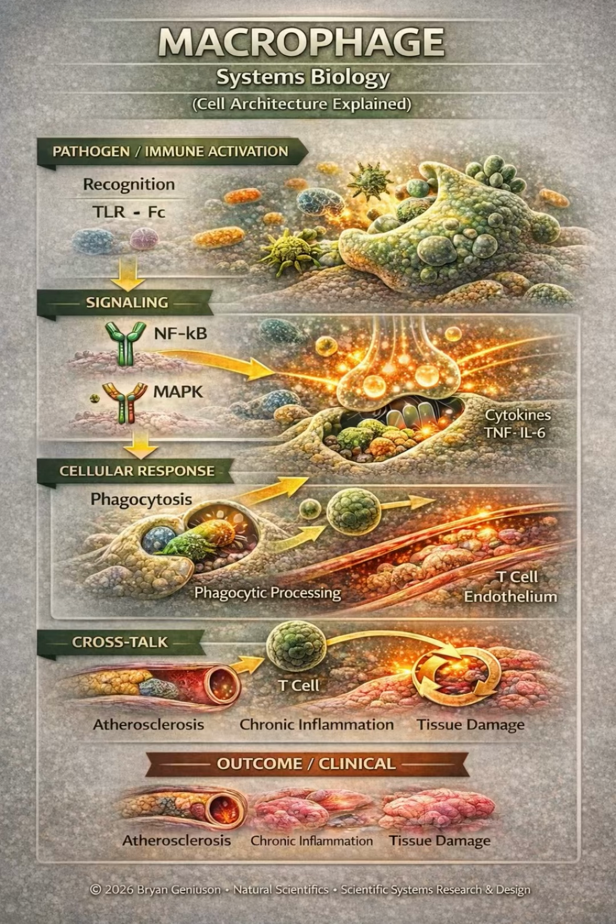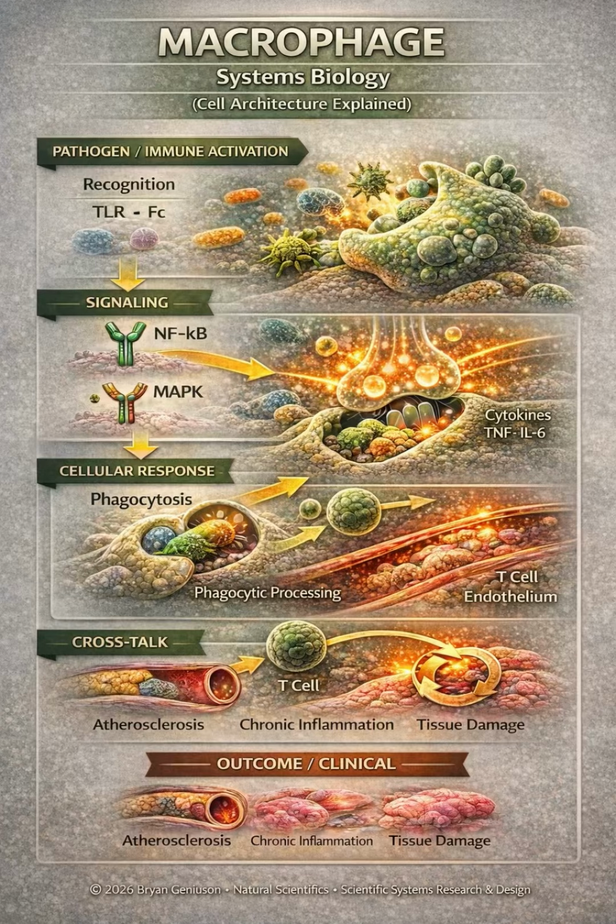Immune activation begins with pathogen recognition, where macrophages detect external threats through receptors, including toll-like receptors and Fc receptors. This recognition triggers intracellular signaling pathways, primarily nuclear factor kappa B and mitogen-activated protein kinase pathways, initiating a coordinated cellular response. These signaling cascades drive cytokine production, including tumor necrosis factor and interleukin 6, which act as key mediators of